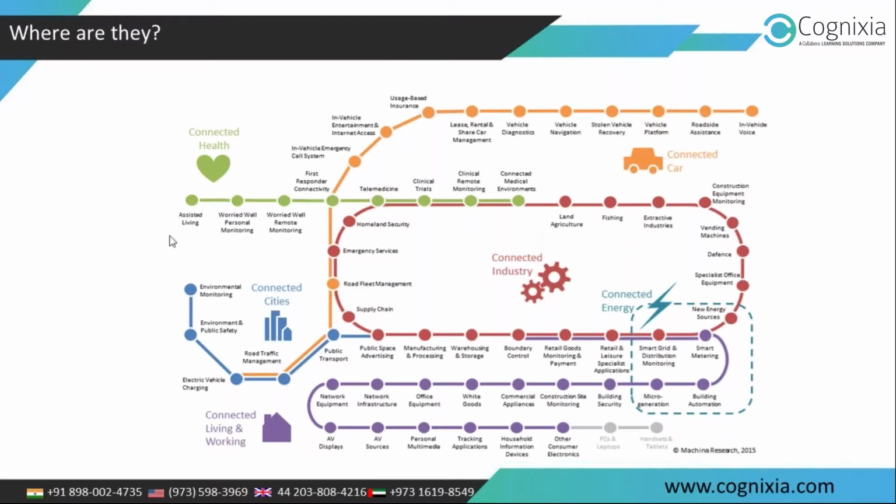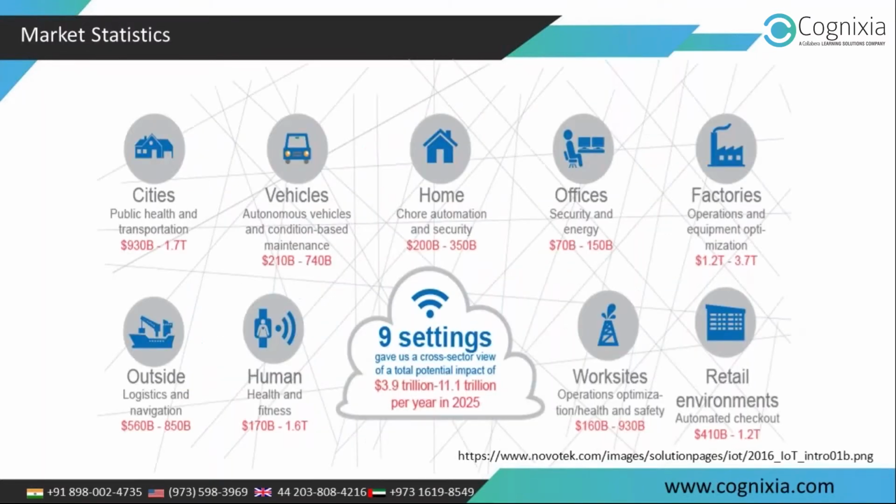Okay. So I just gave you examples of these two areas where IoT is being adopted at large scale, and there are other areas like connected cities and connected health, and there are so many, right? So the question is, all these industries are going to adopt IoT, but how are these application domains going to contribute to the overall global economic value of IoT, right? If you look at the overall global economic value of IoT, it stands at around 11.1 trillion dollars, right?